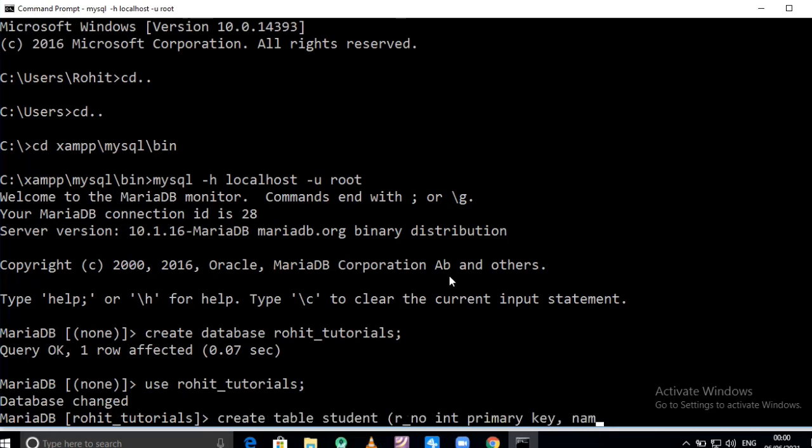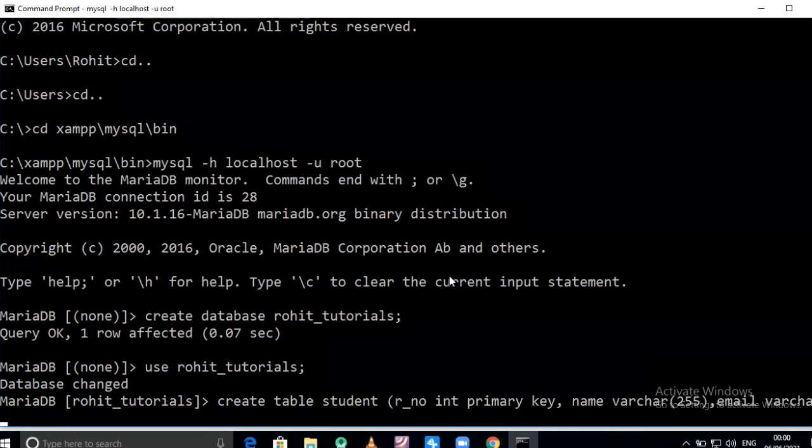The second attribute is name. The data type is varchar and the size is 255. Comma. The third attribute is email. Varchar, size is suppose 255.